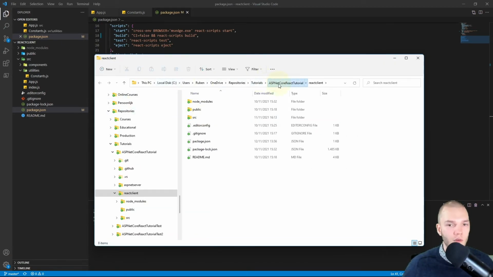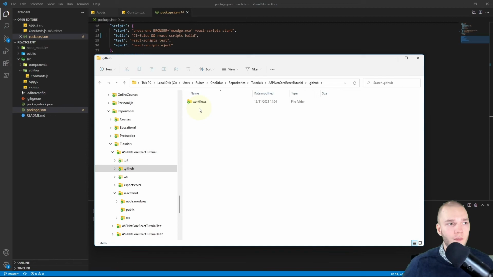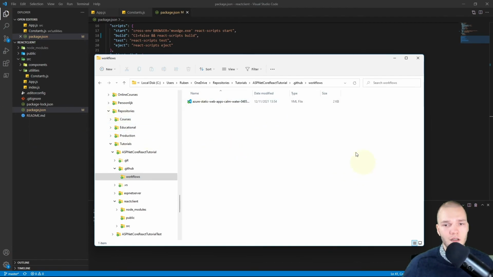Then we need to go one folder up, and there we see a .github folder, and that's where our YAML files are. I'll open that, then open workflows, and here we see our YAML file with an auto-generated name.